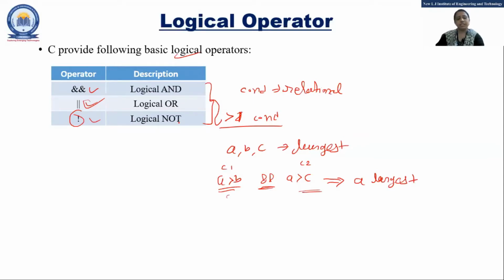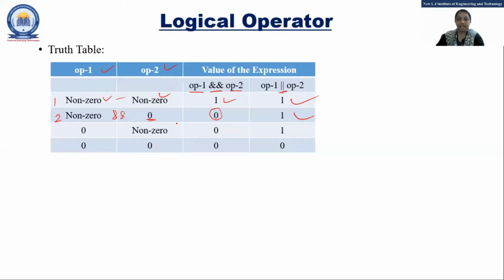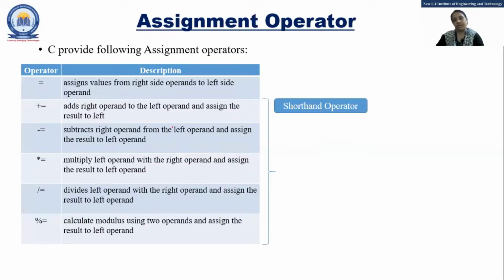This logical and relational we will see in examples at the time of the if statement. You can go for while and for also to check the condition, so we'll use it in if, for, and while statements. Now the next one is the assignment operator. Normally you know the assignment operator, that means the equal to sign. It assigns the value of the right side operand to the left side. If I write A equal to 5, the right side operand is assigned to the left side operand. Another thing is the shorthand operators.